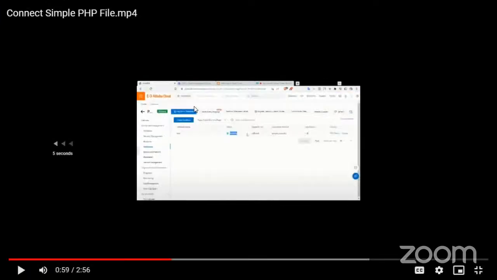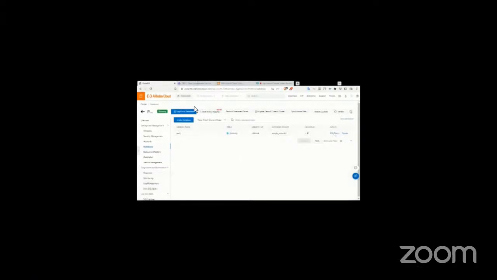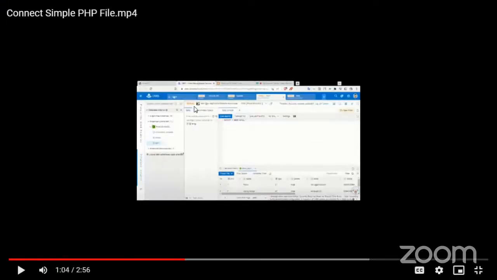In order to go to this DMS, database management service, wherein you can run your SQL commands and see your records, you have to click on database, and then you can see there is an option of SQL query. Just click on that. After that, this portal will open, DMS, and then you can execute the query and see the record.